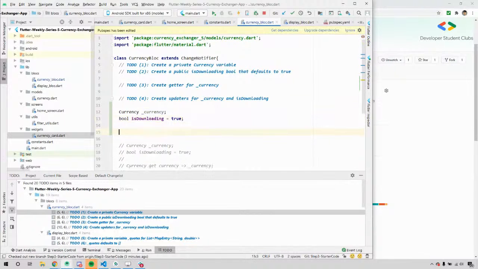So remember in Java how you do something like this: public, then the variable type of currency, right, and then get currency, and you can already see how wordy it is, right? This is how you do it in Java. Now Dart is pretty amazing. What it does is